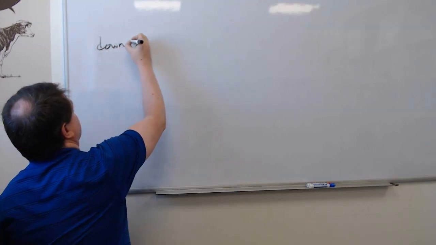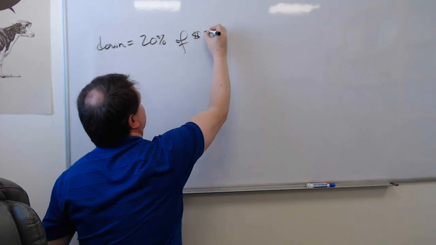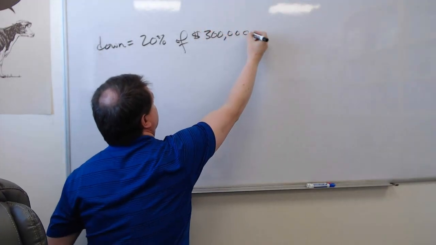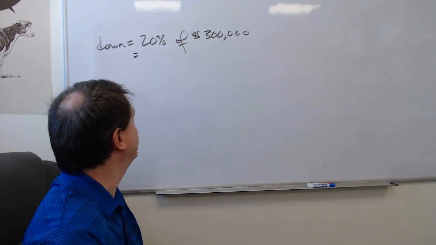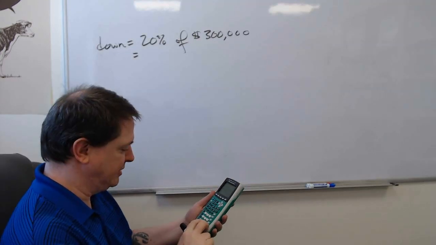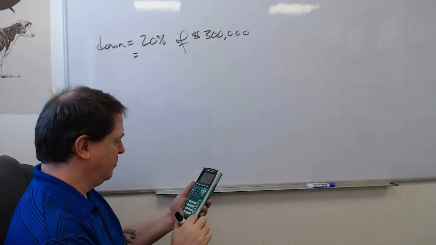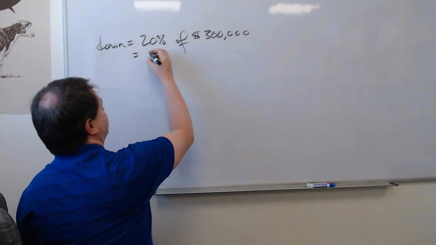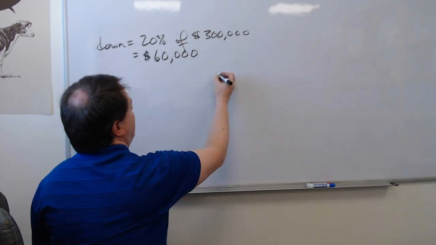Okay, so the down payment is 20% of $300,000. Hopefully by this stage of the course we know how to do that. That's just going to be 20 over 100 times 300,000, or just 0.20 times 300,000, which gets me $60,000. So that's how much I need to have saved up. That is